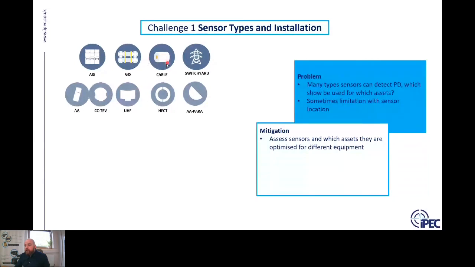For underground cables, typically HFCT sensors are used. And for outdoor switchyards or overhead line, bushing connectors, etc., parabolic, which is still an ultrasonic type of sensor, but with a parabolic dish, is typically used. So there's a variety of standard sensors that are used for different types of equipment. And it's important, before making a decision of what to apply in your network, to understand the types of sensors. The other thing then to look at, after you've decided what types of sensors can be used, is to look at